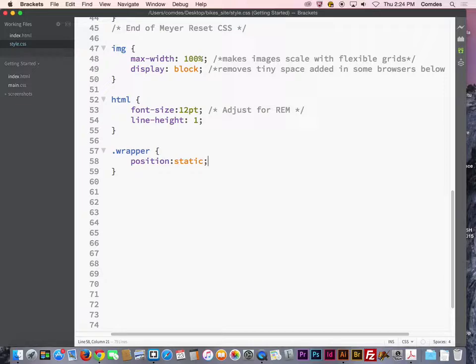Static means what? It's not going to bump into stuff? No, that's absolute. No, that's fixed. It's going to work with everything around it. Yes, it will work with everything around it. But more specifically,